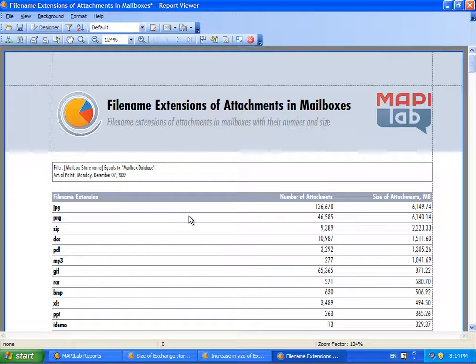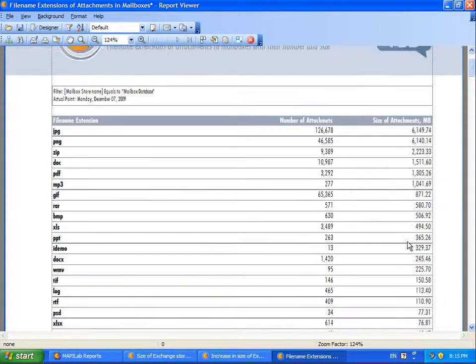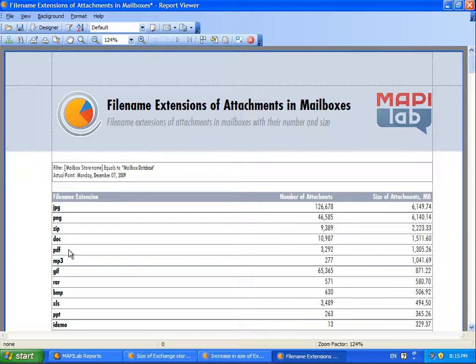What strikes the eye? Media files occupy a significant amount of space. Only MP3 files occupy more than 4 gigabytes. If the email usage policy prohibits the storage of media files, we can delete them, freeing up this part of the repository, which is more than 10%. We can also see that the quota of Office documents, Word, Excel, PowerPoint formats, in the mailbox is also quite large, more than 10% of the repository.